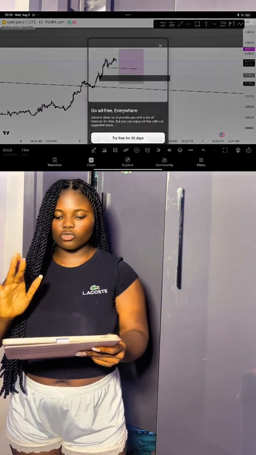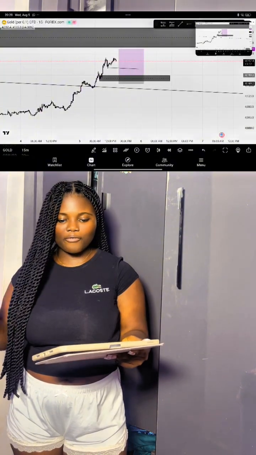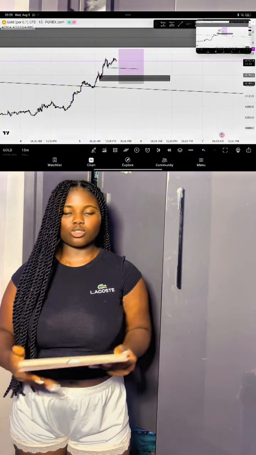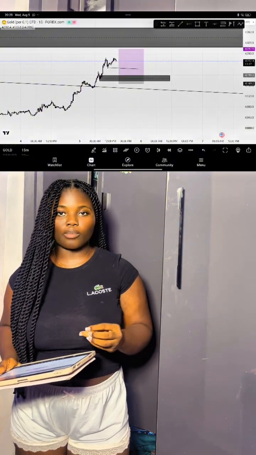I don't know, but let me screenshot it just to make sure that everything is in place. So this is how to do your analysis: go to your daily time frame, look for the direction of the market, then go to your